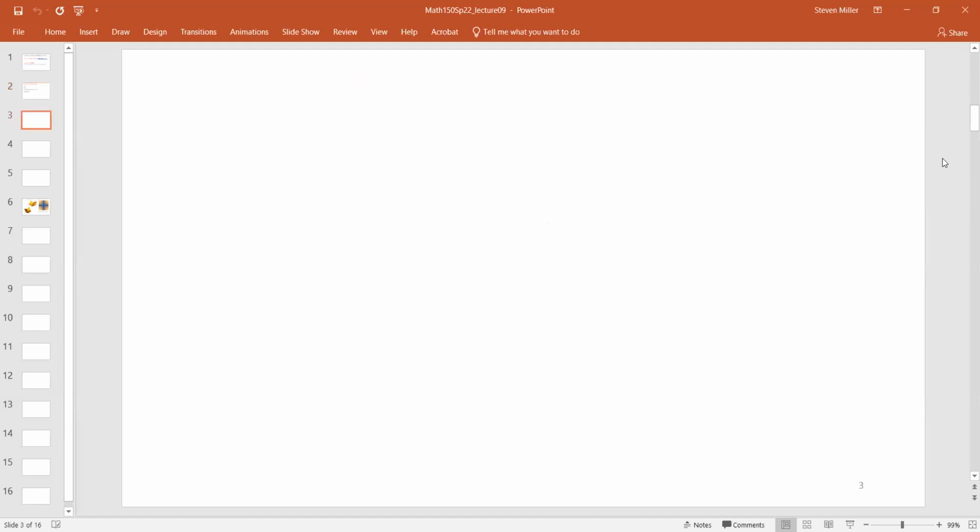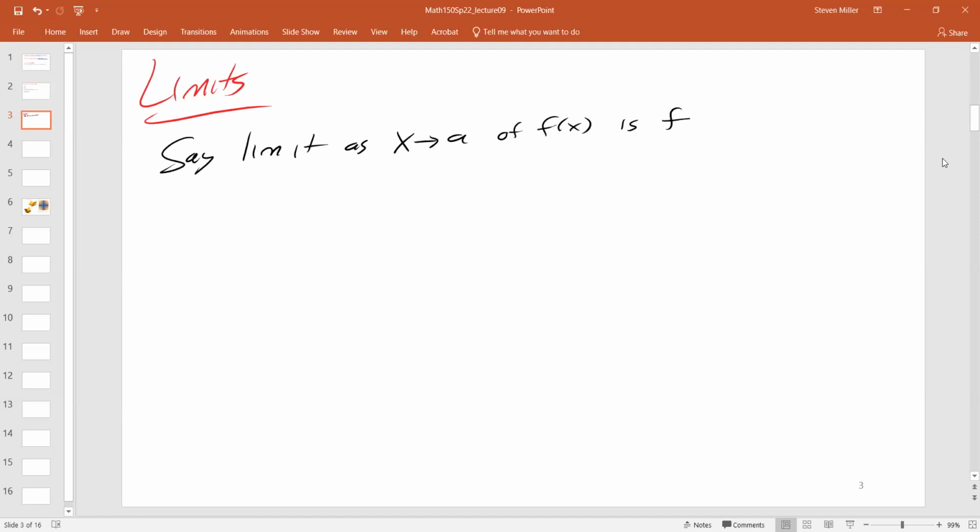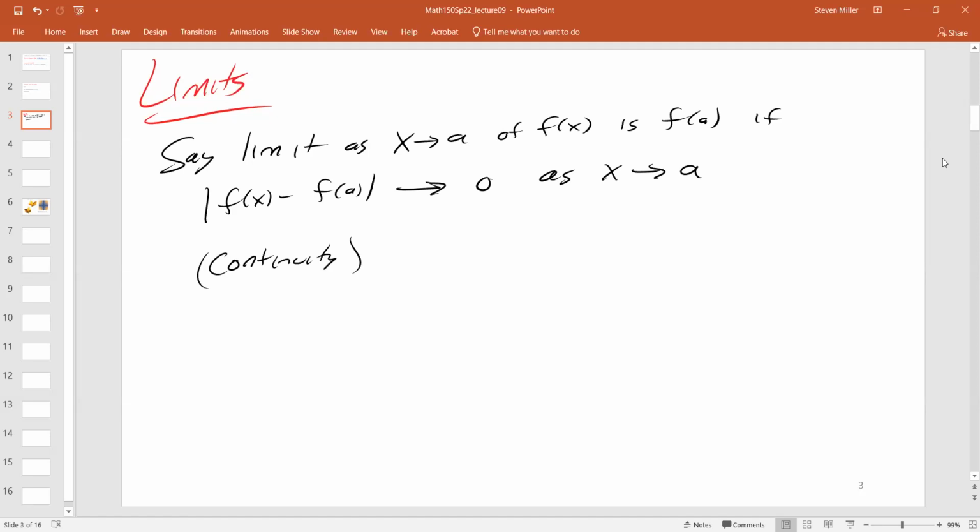All right, so the basics of everything is we need to understand limits. And the idea is we say the limit as x approaches a of f of x is f of a if the distance between f of x minus f of a goes to 0 as x gets closer and closer to a. And so this would be the definition of continuity. So our function is continuous if its value at a point is the same as the limit as we get